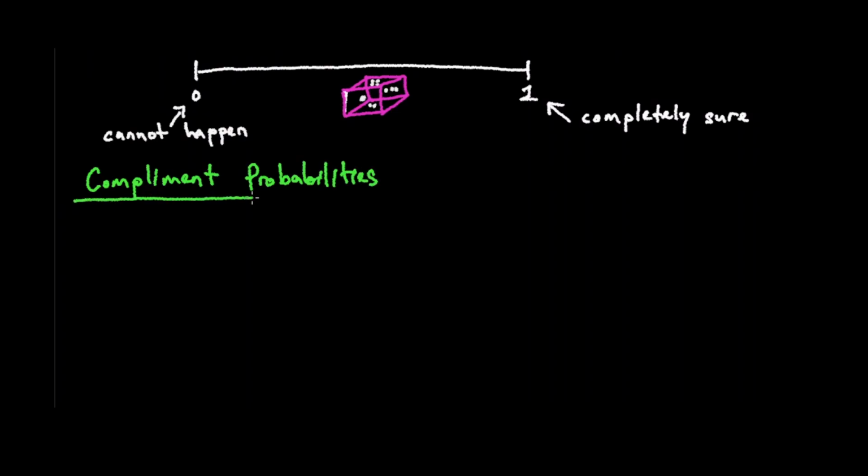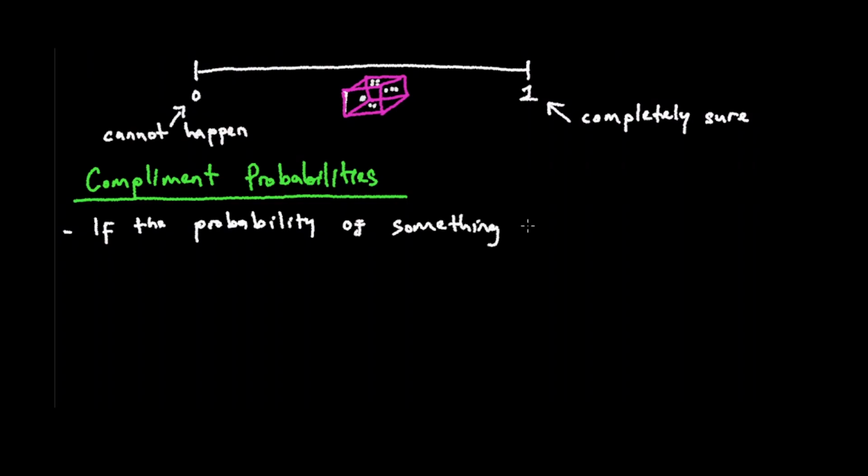Complementary probabilities. What we are saying here is that if the probability of something happening is x, so let me use a different letter, a, the probability of a is equal to x, then